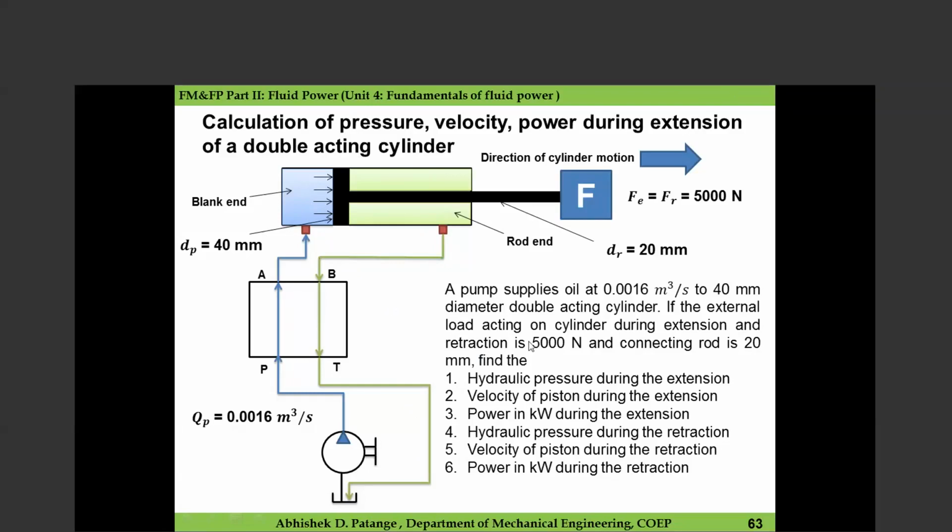As we know, according to Pascal's law, pressure generated in the hydraulic system is because of force which is acting per unit area. So this force at this point of movement is acting on the piston, because the liquid is entering from the piston side, we need to consider the area of piston. That means the diameter of piston. So by considering the diameter of piston, we can calculate the cross-sectional area of this hydraulic cylinder.